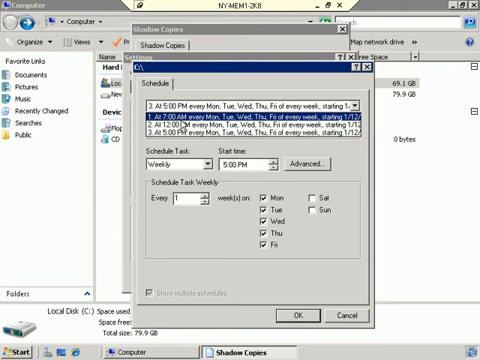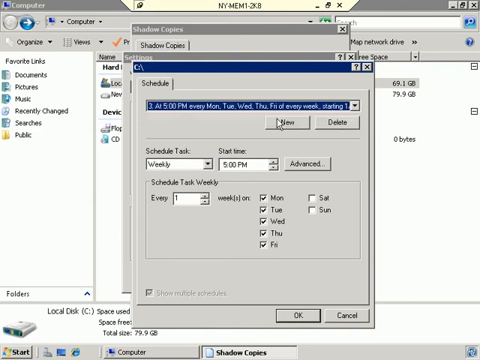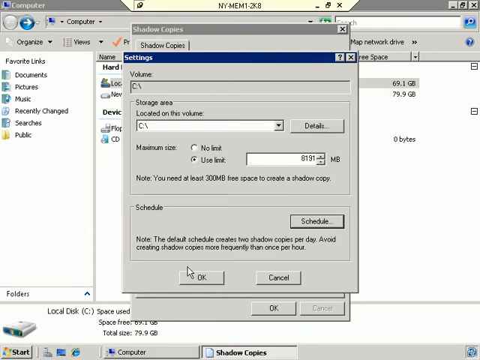Now, if I don't want any of these, all I'd have to do is highlight it and then click delete, and that would get rid of that scheduled event. But for right now, I'm going to leave those three scheduled events, and I'll click OK. And then I'm going to click OK to get out of my settings window, but I want you to notice something. There's no trickery here. When I click OK,